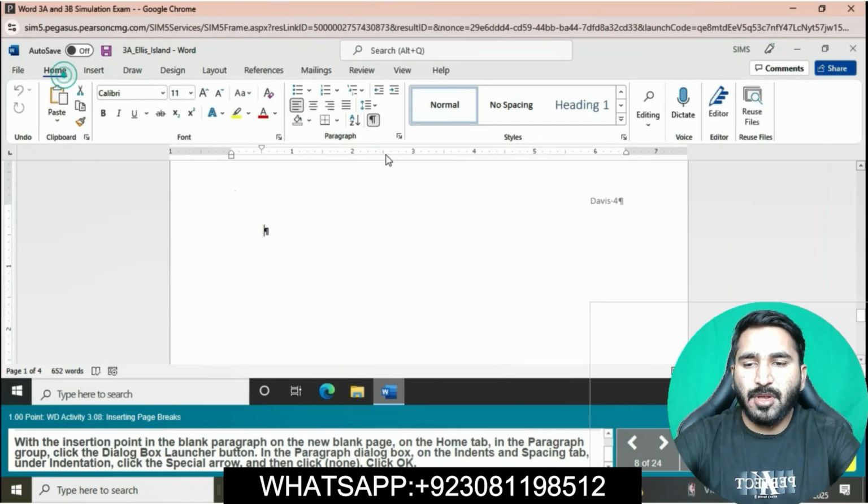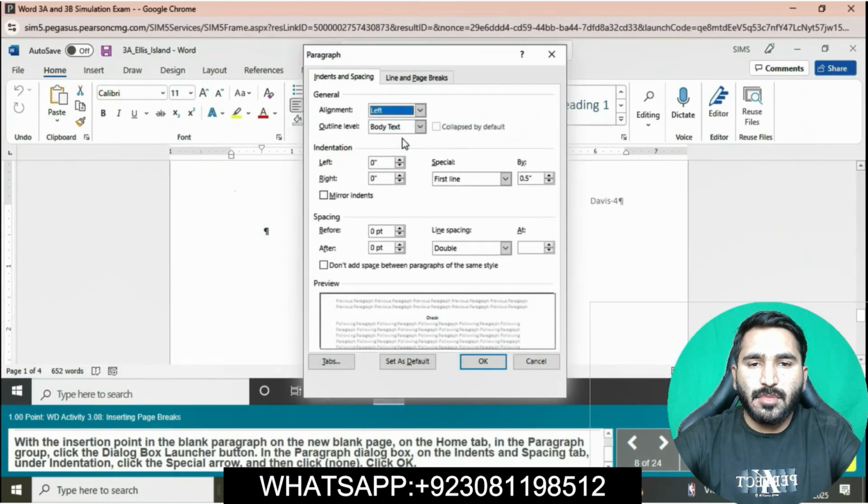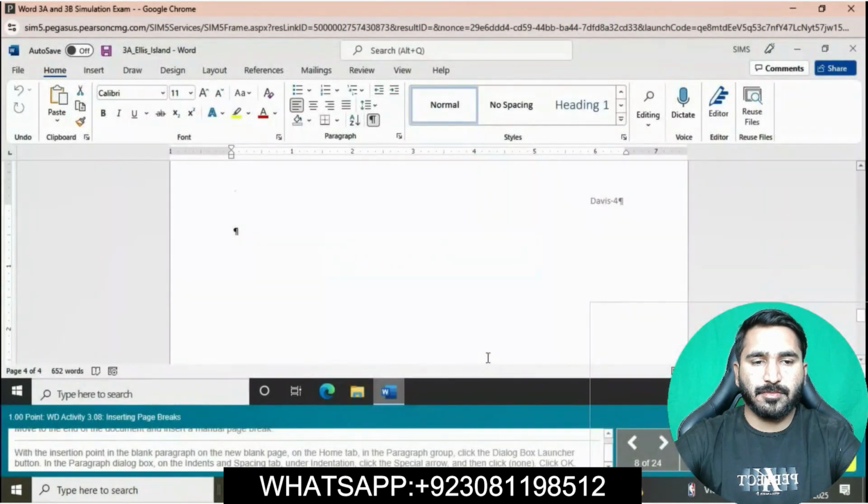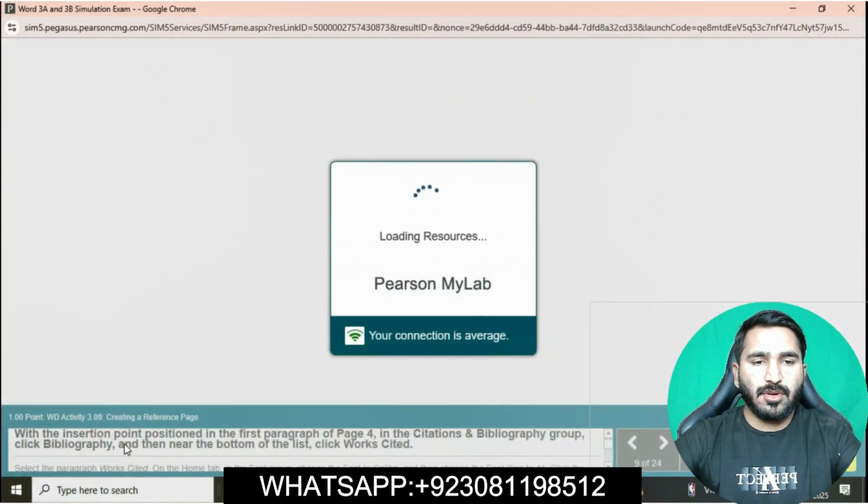In the Paragraph dialog box on the Indents and Spacing tab, under Indentation, click the Special arrow and then click None. Then simply click OK. Question is completed now.